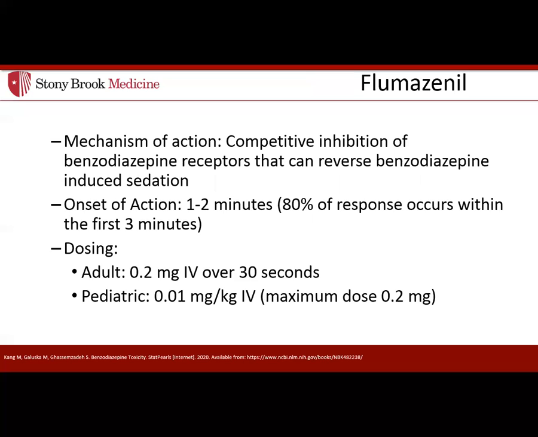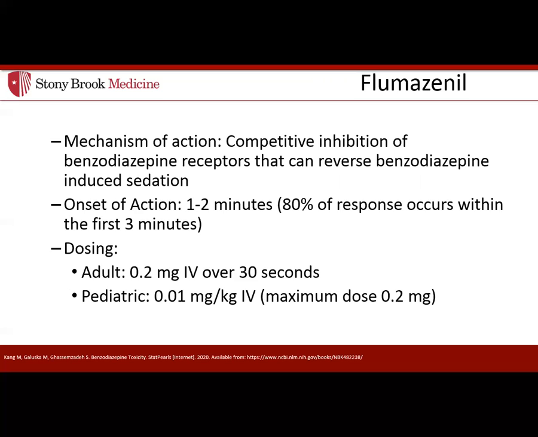So flumazenil is the reversal agent for benzodiazepine overdose. Flumazenil acts via competitive inhibition of benzodiazepine receptors that can reverse the benzodiazepine-induced sedation. Flumazenil is not recommended for routine reversal of benzodiazepine overdose. If a patient who has a chronic benzodiazepine dependence is given flumazenil, acute withdrawal syndromes can occur, which can be life-threatening, and lowering that seizure